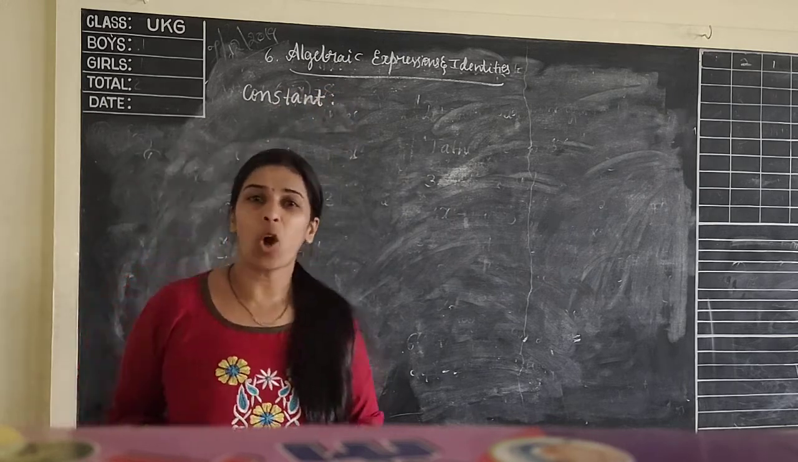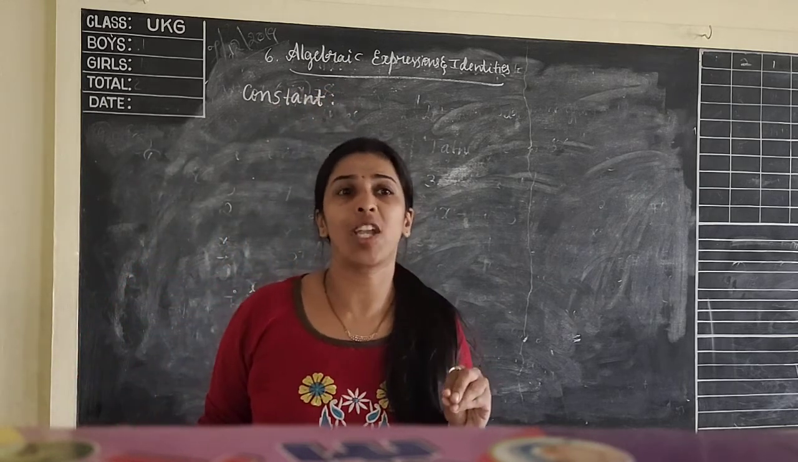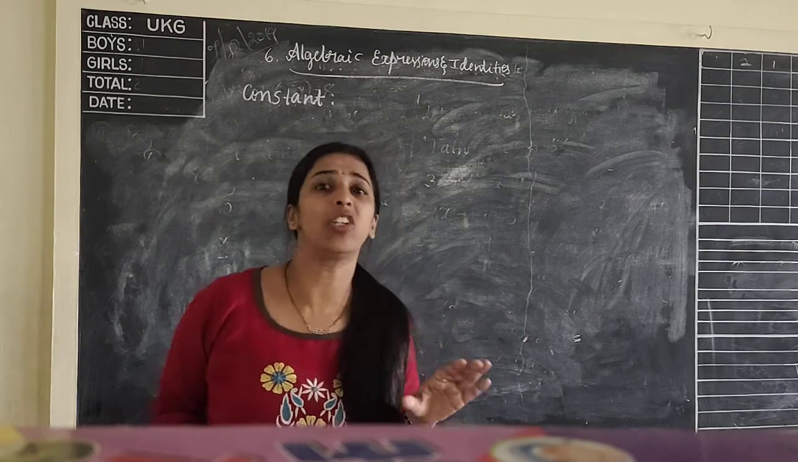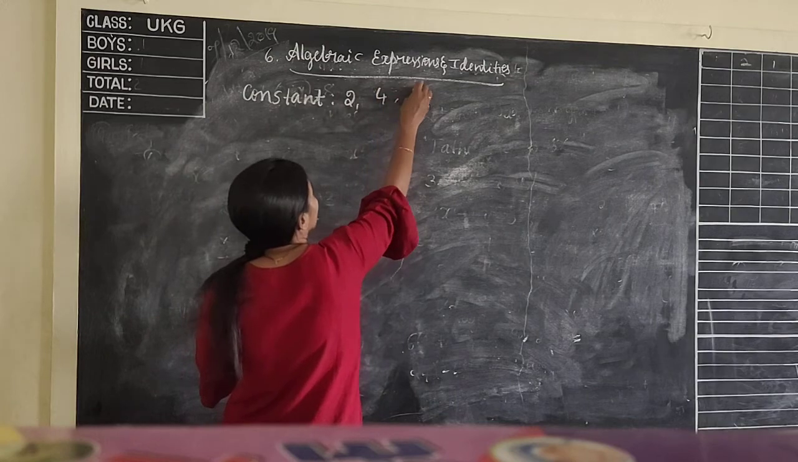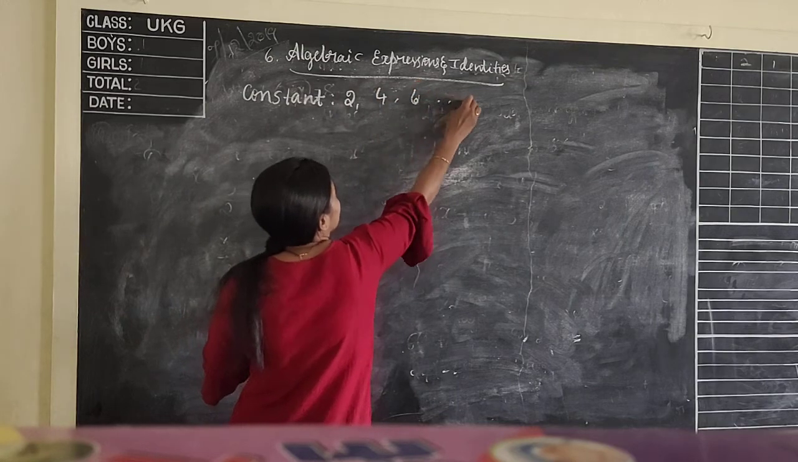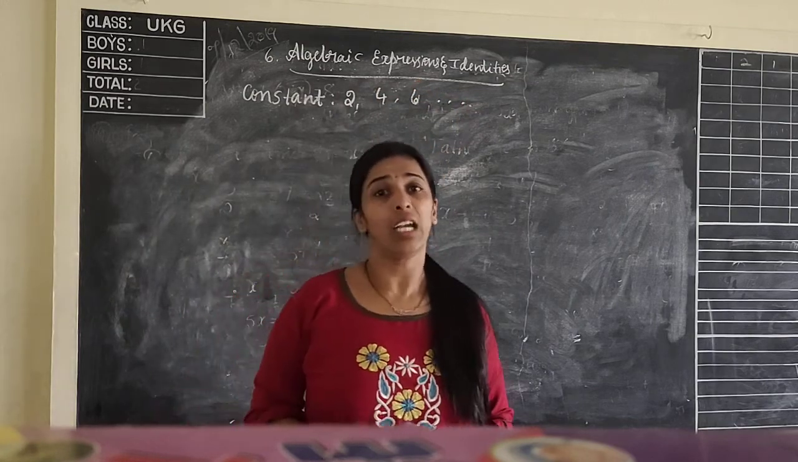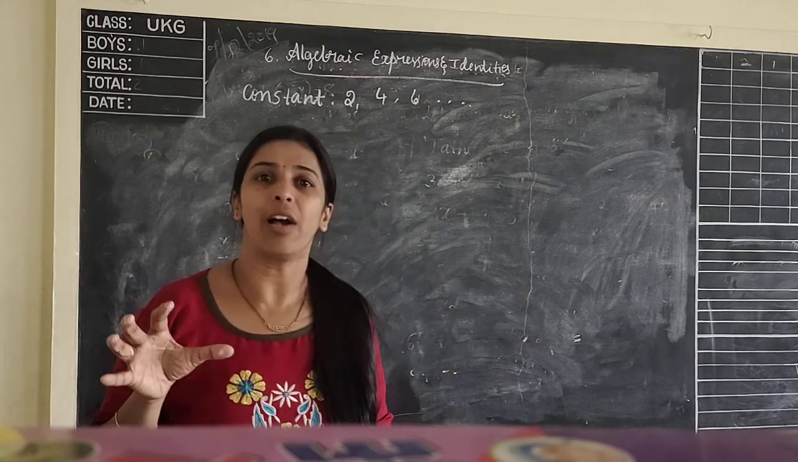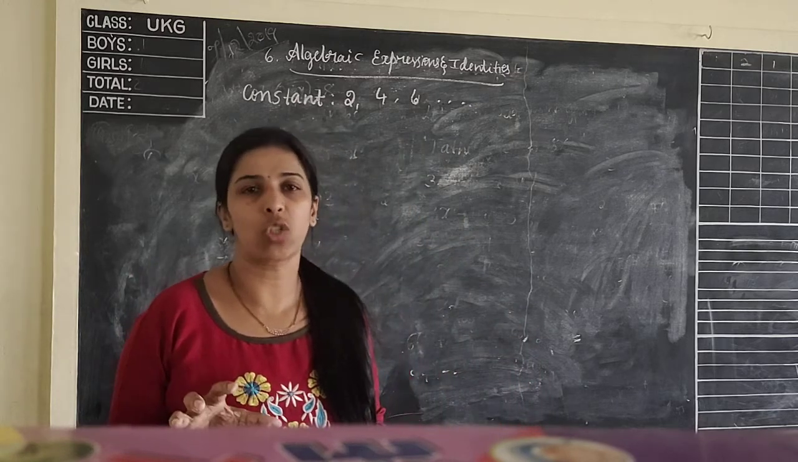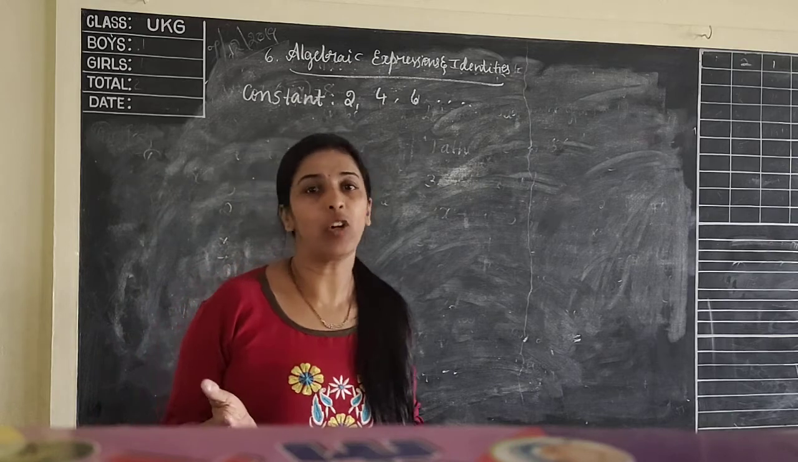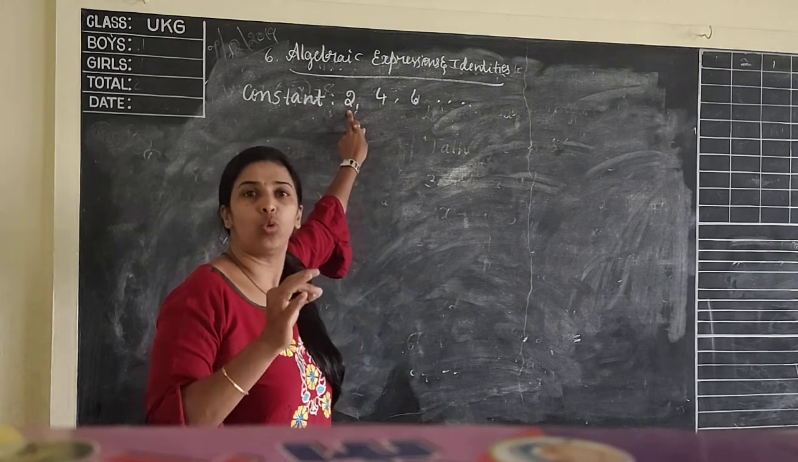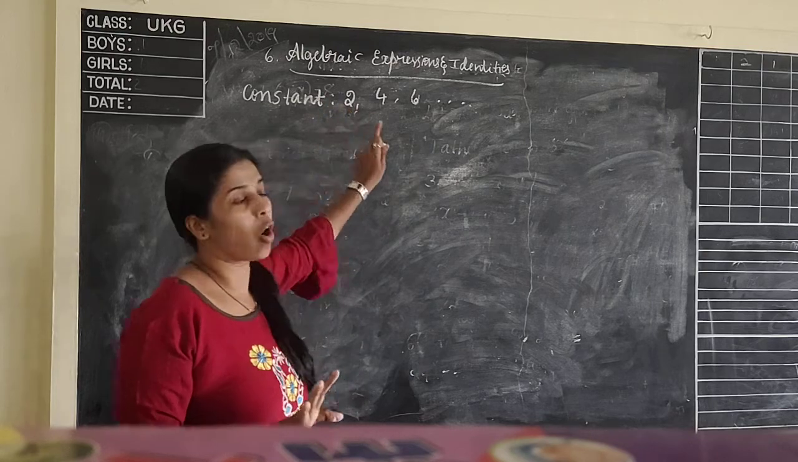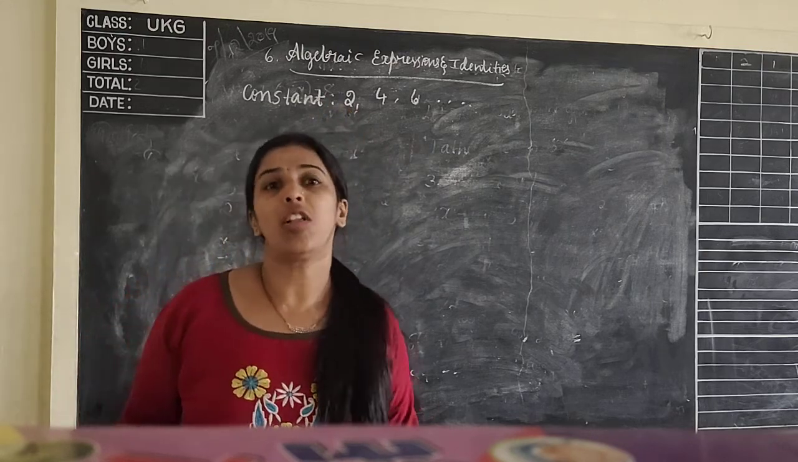So what is meant by constant? Constant has a fixed value that will never change. Suppose 2, 4, 6, like this. Numbers are the constant. Constant means it is a fixed value, no other value. We cannot give another value for 2. 2 is 2 itself. So this is a constant. Now after the constant,